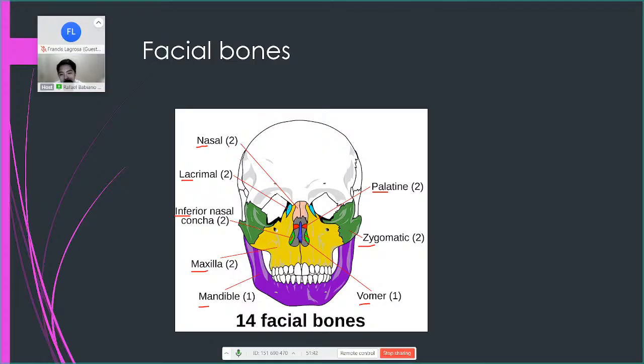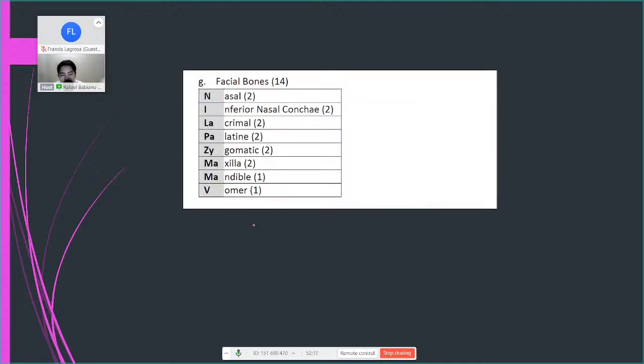You have to take note which are paired and which are not paired. For PT-FOES, these cranial bones, some are paired. Parietal and temporal are paired, the rest are single. For Nilapa si Mama V, only the mandible and the vomer are not paired. The rest are paired. Okay? So, take note of that. Right? So, cranial bones, 8. Facial bones, 14. Okay? So, take note.